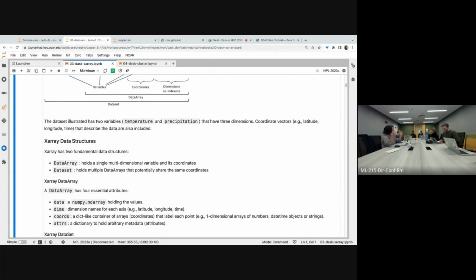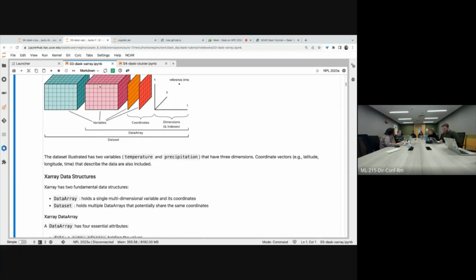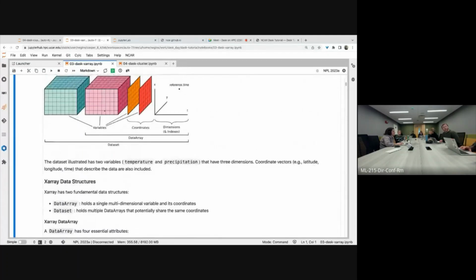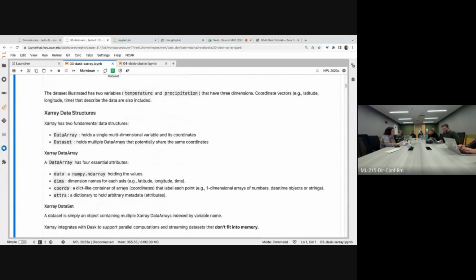So a data array basically holds a single multidimensional variable. So one of these, for example, basically holds one of these, besides the coordinates and the dimensions and everything. And the dataset holds multiple data arrays. So think of it as holding multiple variables, or holding multiple data arrays, basically. So it holds all of these, and also it again holds the coordinates and the dimensions and all the metadata